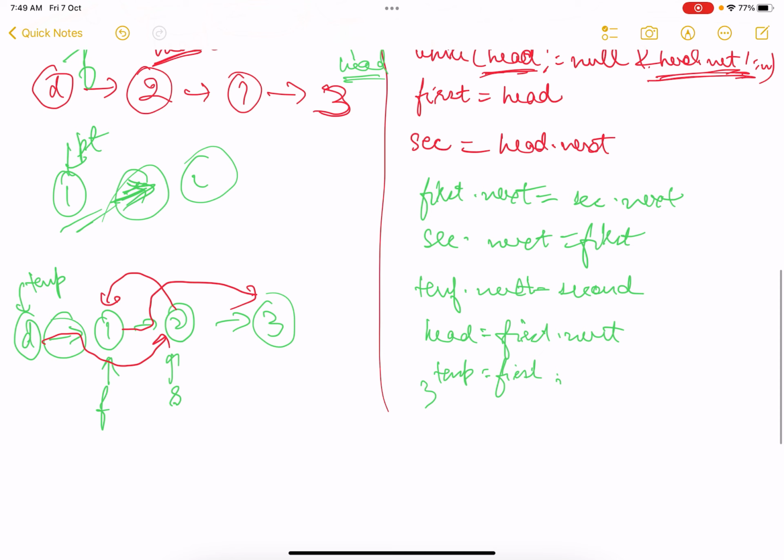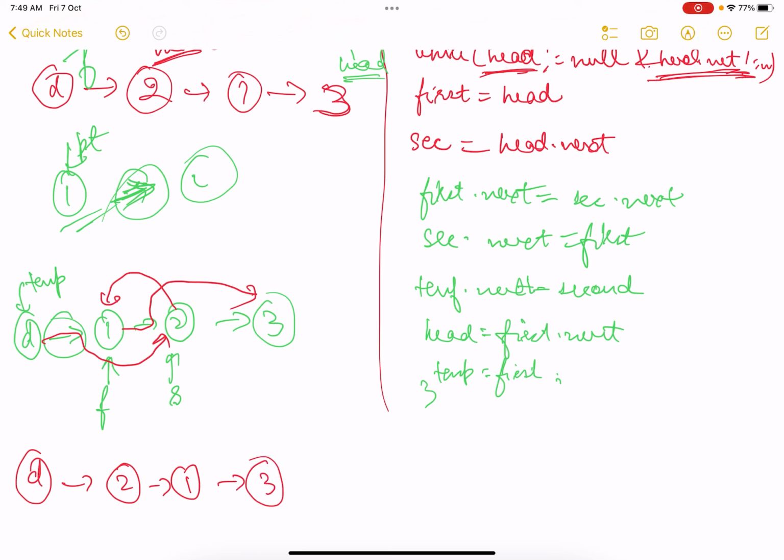Now what has happened, this is D, this is pointing to 2, 2 is pointing to 1, 1 is pointing to 3, right? This is done. My list has been modified. Now what I need to do, initially temp was here because I wanted to process these two nodes. I need my temp here now. So what I'll do, I will